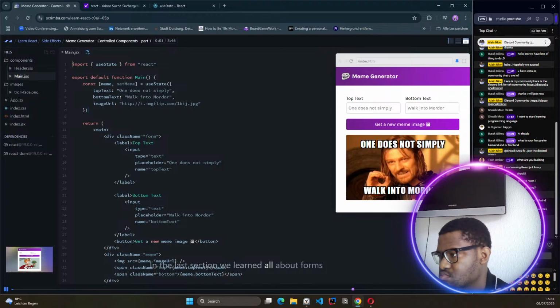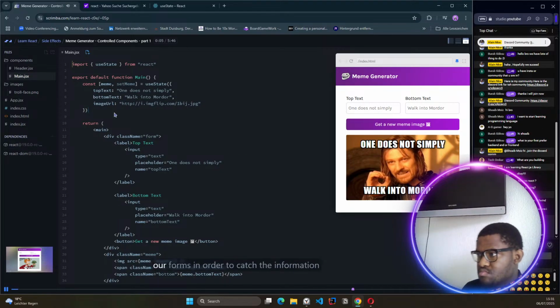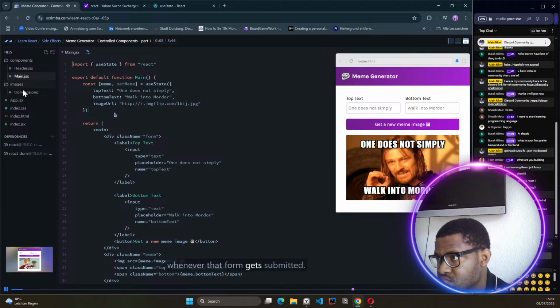In the last section, we learned all about forms and how we can add an action property to our forms in order to catch the information whenever that form gets submitted. I mentioned at the time that that represents an update to React. This is